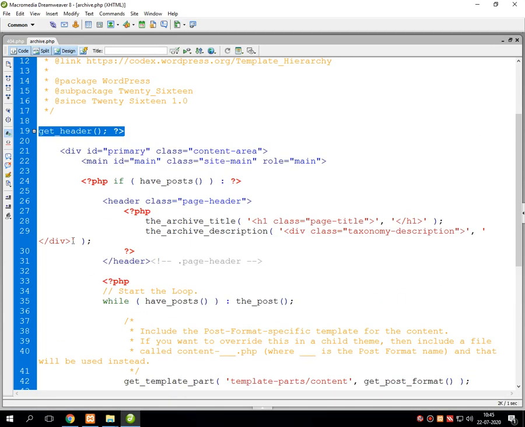So this entire thing is managed by the file called archive.php. Archive.php is related with the number of posts which are created inside WordPress.